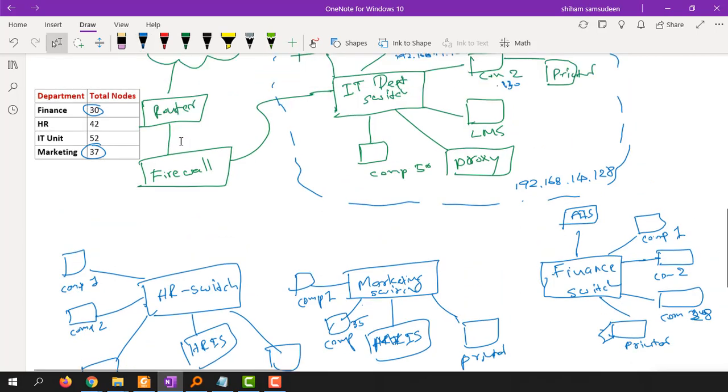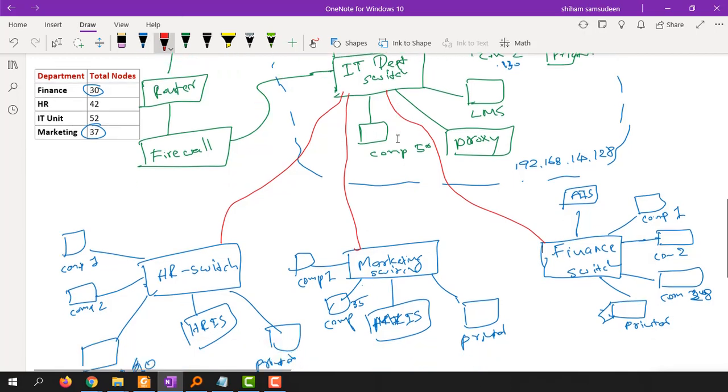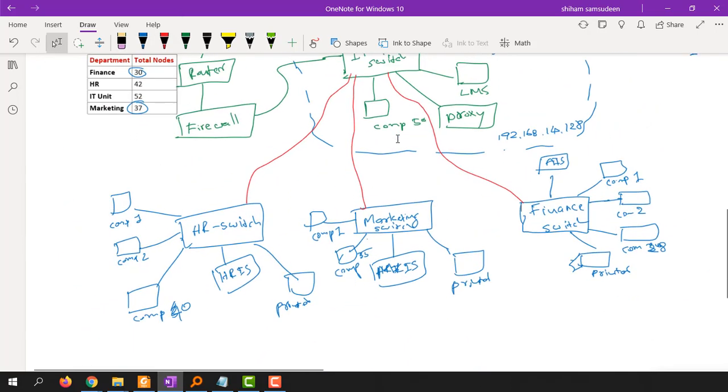So each of this system needs to be connected to the IT switch, right? So each of these systems, HR, marketing, and finance need to be connected to the IT department. So this is your network diagram basically,